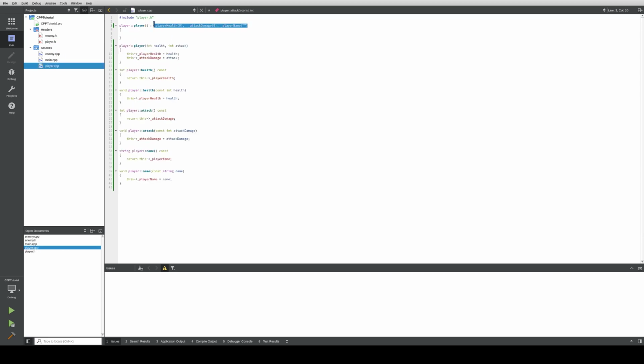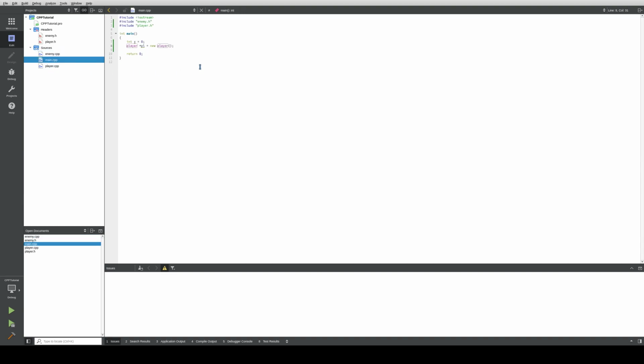So I will just do the thing which we are not supposed to do and copy again, and fix the code and rename the player with enemy. Oh no, there's a 7 in there. Anyway, it's fixed. So now we have a new player object here, and now we give the player a name,